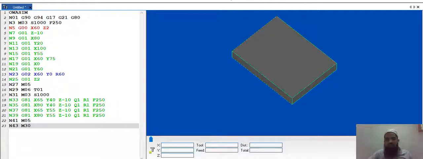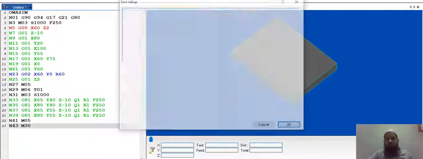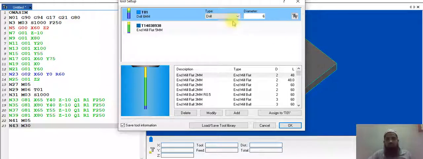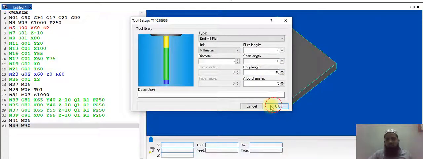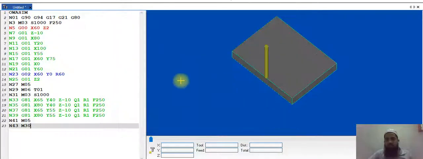I'm going to click, let us see. I have to select the tool also. Drill.